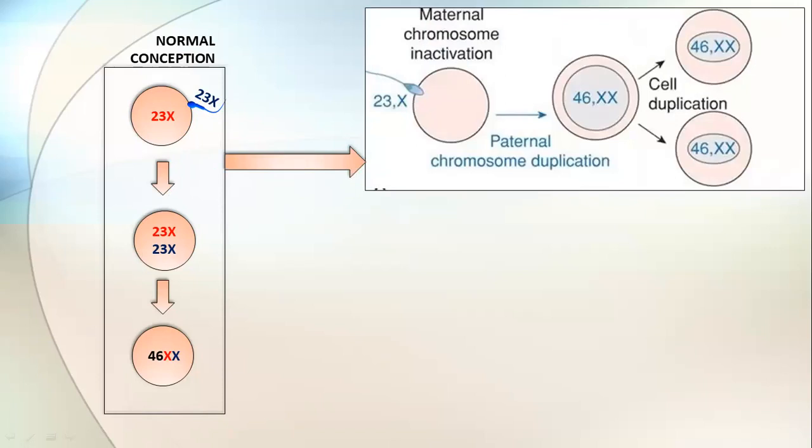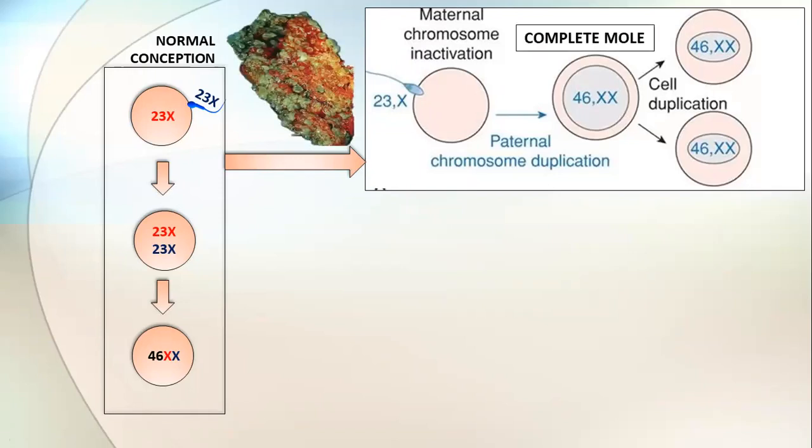But in some other conditions, the sperm with 23 chromosomes fuses with an egg which is inactive. There is no nucleus within the egg. Therefore, the haploid sperm fuses with the inactive egg, undergoes duplication, and results in 46 XX. Since the chromosomes are only from the haploid sperm, it is also known as paternal type or androgenesis, and it is a complete mole. This is a complete placenta which is changing into a hydatidiform mole. Here only the sperm is involved, there is no egg, therefore there is no formation of the fetus. This is a complete mole.